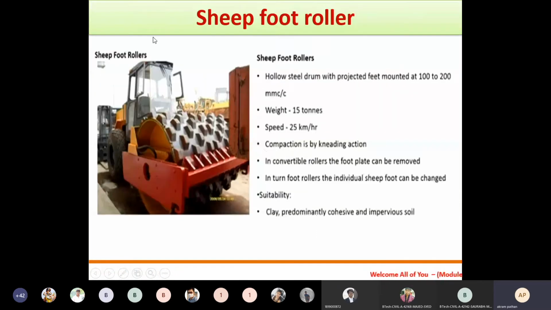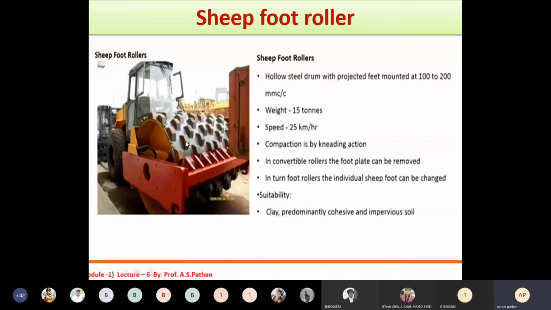Then another important machine or equipment is the sheep foot roller. The sheep foot roller has a hollow steel drum with projected feet mounted 100 to 200 center to center. So these are known as projected feet.